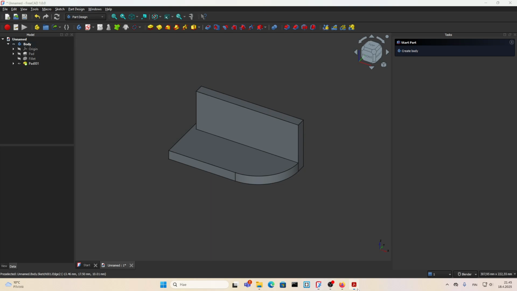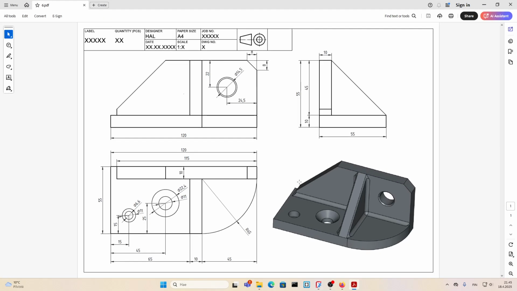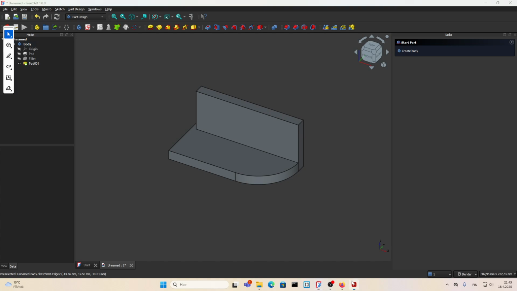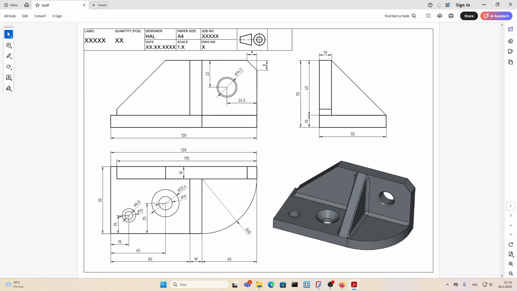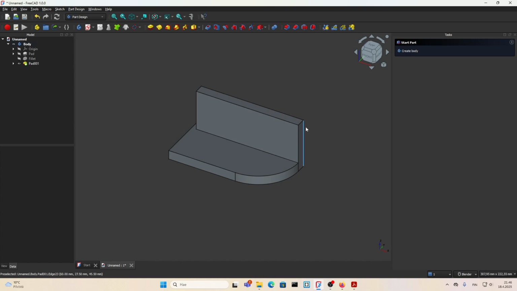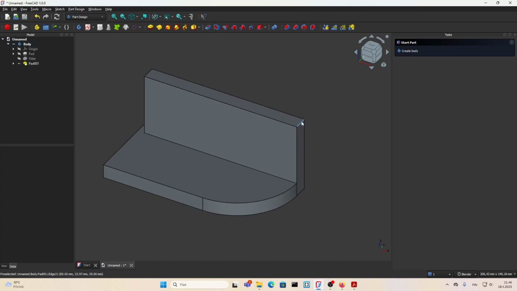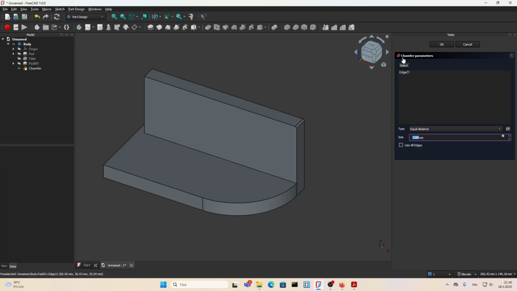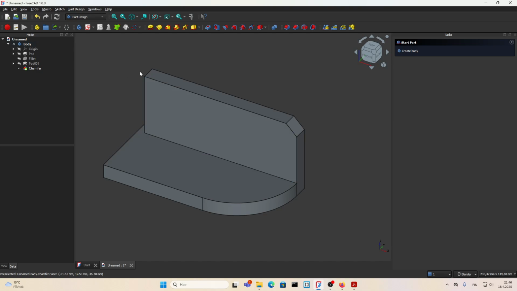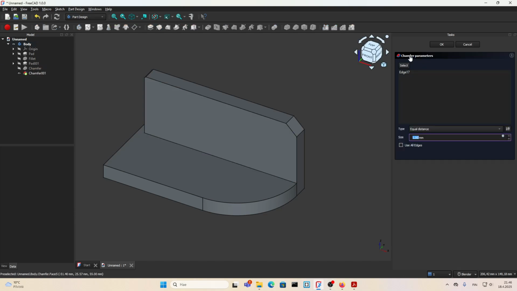Okay, then we have a chamfer and a chamfer. This chamfer is 8 by 8. This chamfer, the dimension is missing, is 40 by 40. Click on here, chamfer, 8 millimeters. Okay, click on here, chamfer, 40 millimeters. Okay,